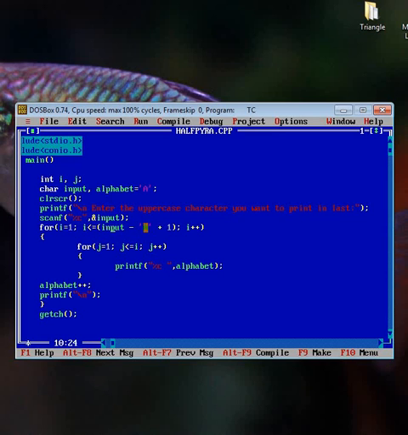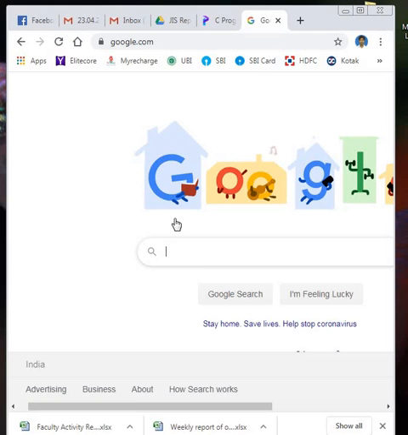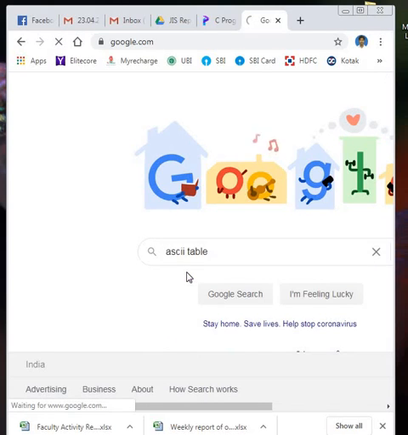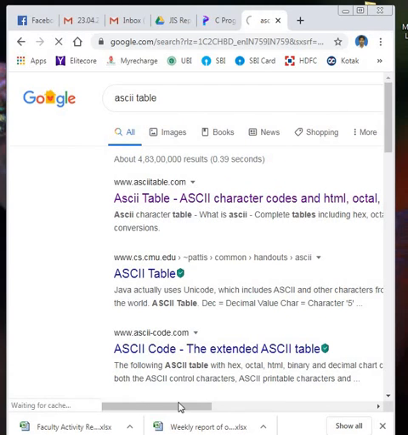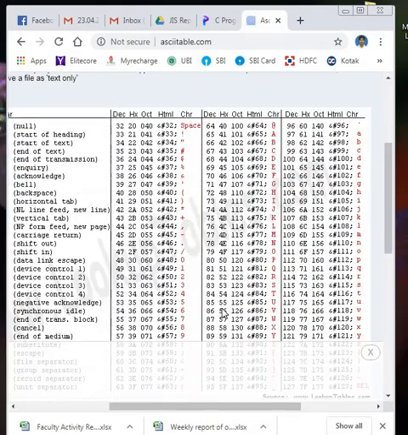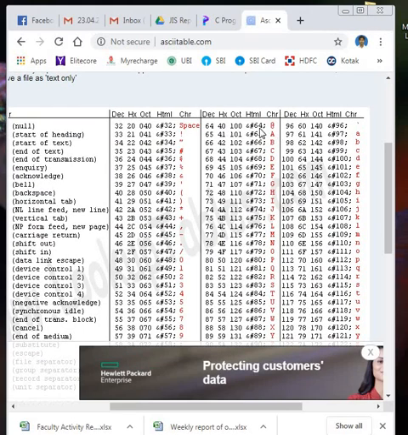So just replace the value by E. So E minus A, what is that? To describe this I have to show you another thing. I have opened Google and written here ASCII table. I have described it previously that each and every character has an ASCII value.